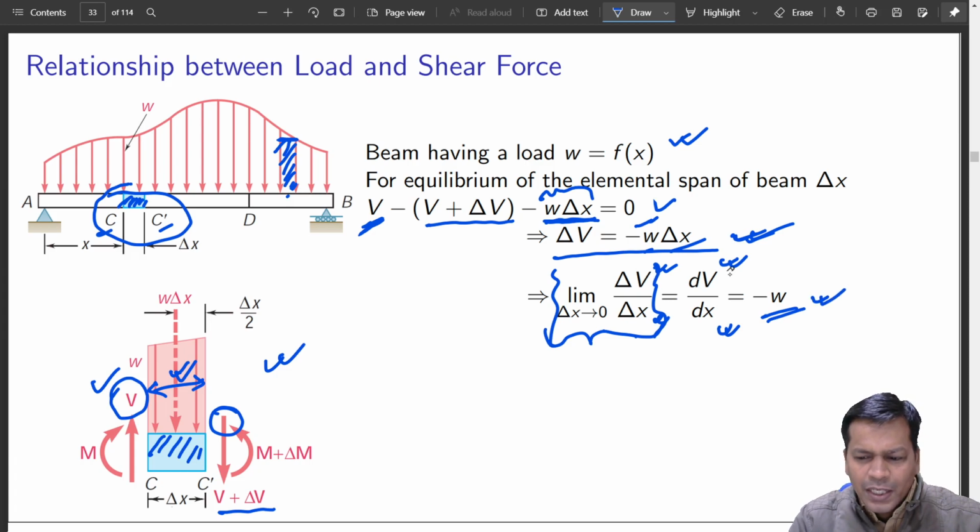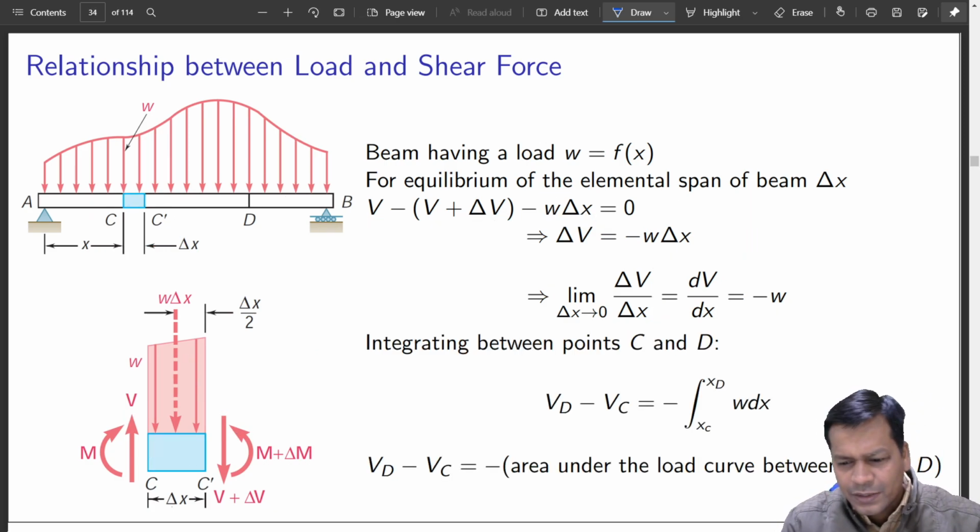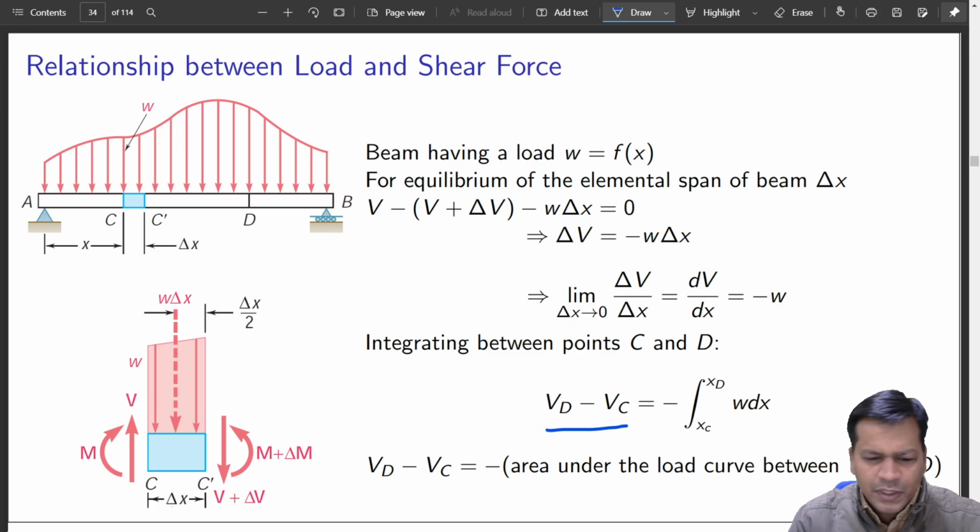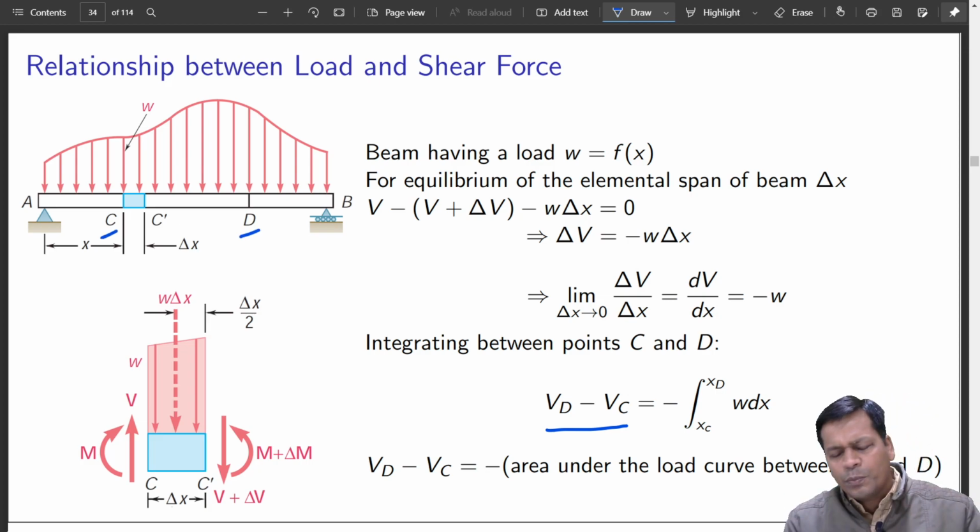So what we see, rate of change of vertical force with x should equal W. That is what, by definition also, it says, and it is in the negative direction because you know it is acting downward, it is decreasing. Okay, it is decreasing with this. So anyway, let us integrate this. What I did now, I have taken dV and integrated it between C and D, or any 2 points in between.